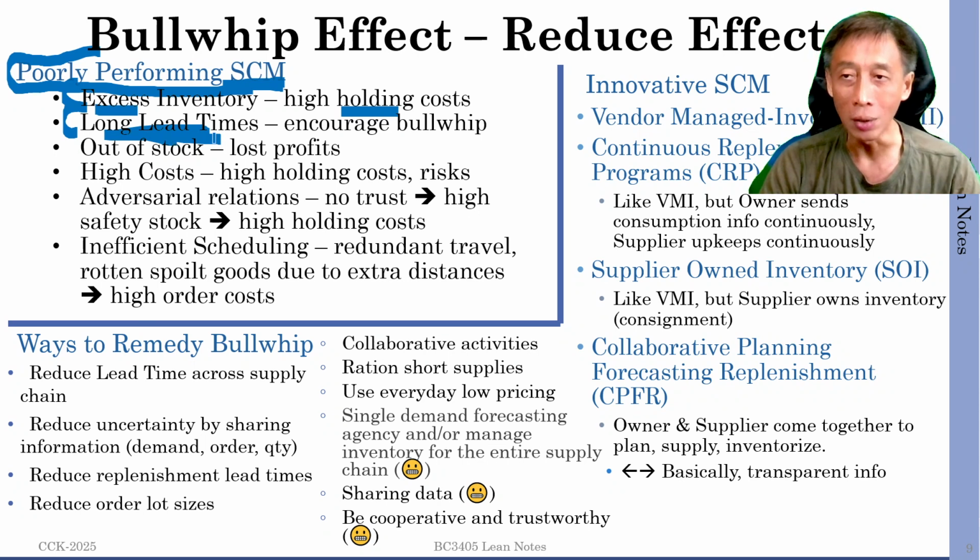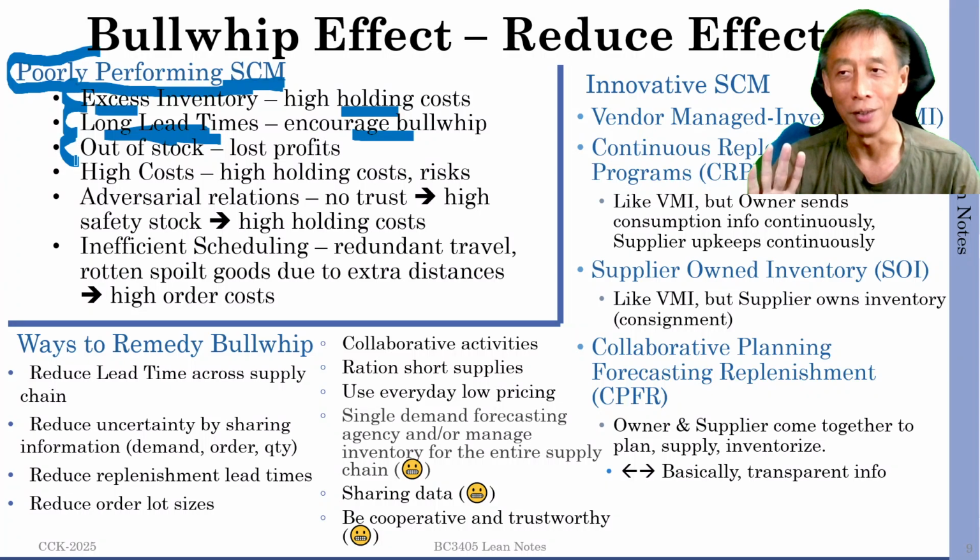So long is bad already. Long lead times that also come with larger variations will have a lot more problems, right? So encouraging bullwhip, encouraging generation of waste, time waste. Out of stock. Out of stock means the customer has the money, has the desire to buy from you, and you say sorry. Right now. Yeah, so that's bad because number one, you don't earn from this customer for this transaction. Number two, you're going to drive me away, right?